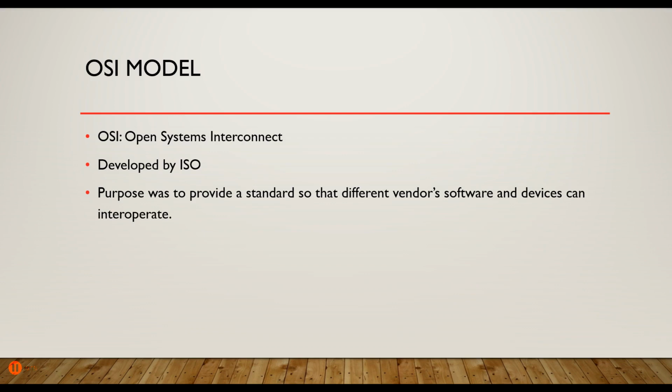Now, in its original language, by the way, it would be IOS, because word order in different languages is a little bit different. So the OSI is written by the ISO, which is the IOS, and oh boy, it can get confusing. But the purpose of this standard was to provide a standard way in which we build things and program things so that software from different vendors will work with software and hardware from other vendors.